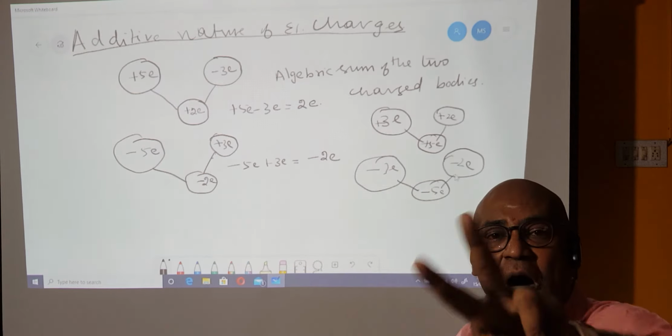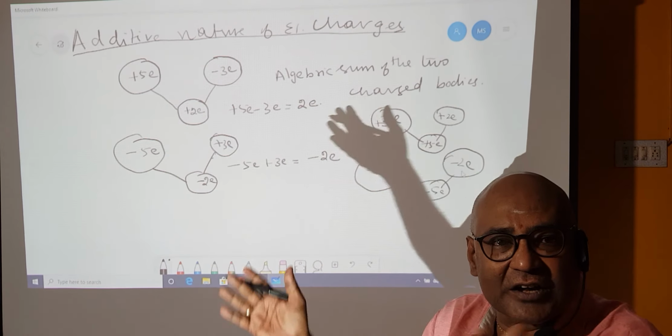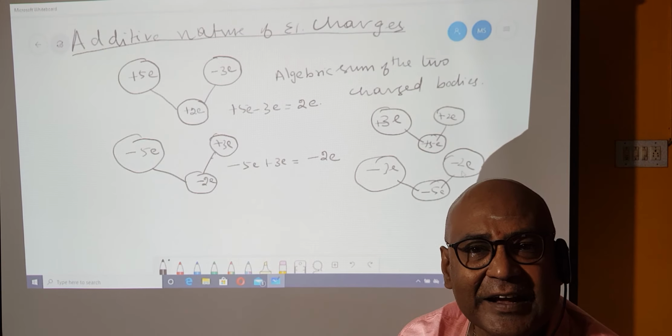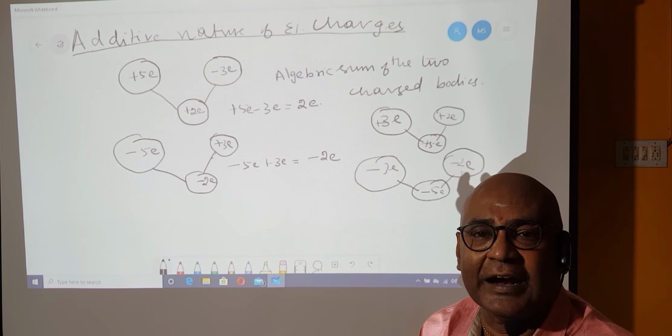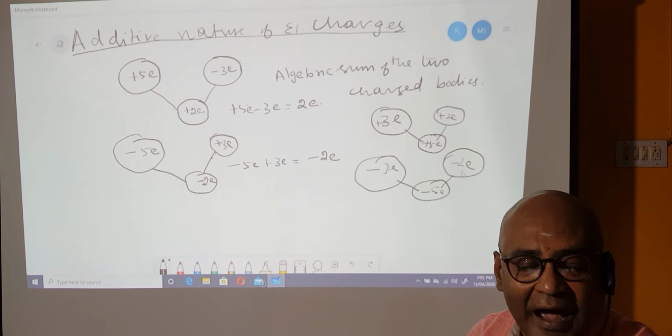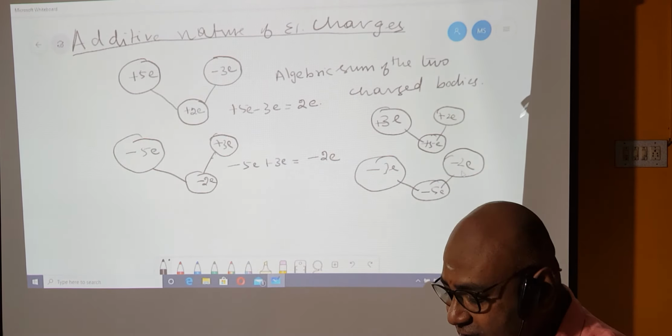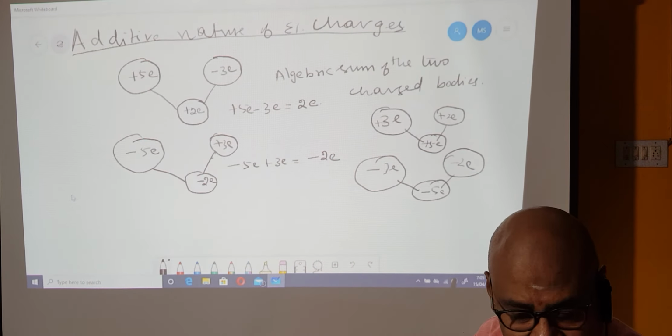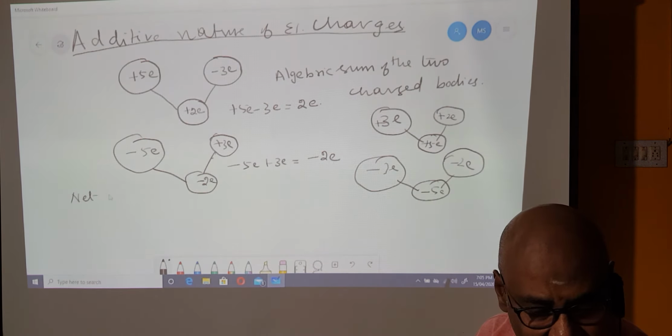So what is the conclusion? If you are having two or more bodies and if the charges are combined, the resultant is equal to the algebraic sum of the individual electrical charges. Are you clear? This is called the additive nature of electrical charges. So I can state that definition: net charge. Okay, I can state that